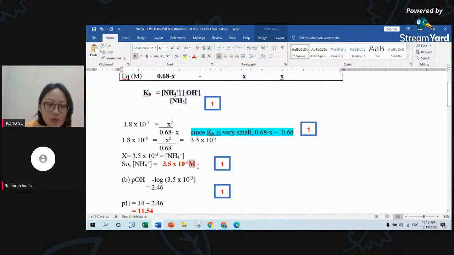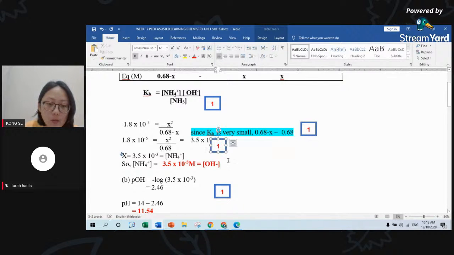At the same time, you also can write down that it is equal to the concentration of hydroxide as well. Why? Because when we calculate the pH, we just deal with pH or pOH. We are not looking at the ammonium actually. We are looking for the hydroxide. So once we know the concentration of hydroxide, we can take the negative log